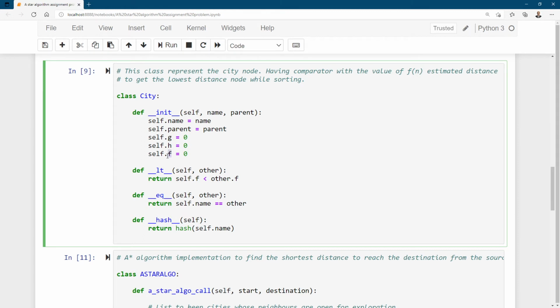And this f we can calculate by adding g and h for that node.